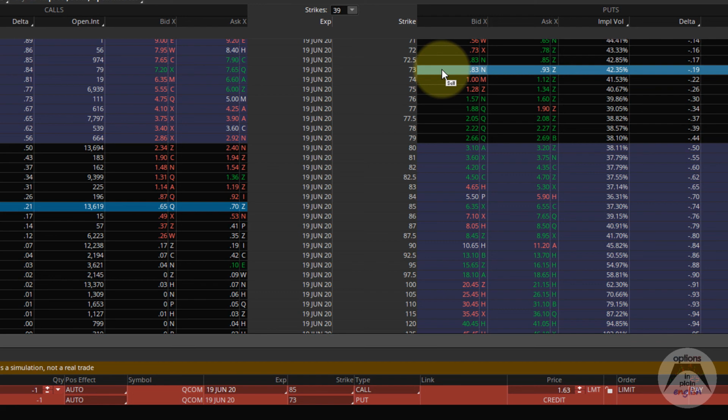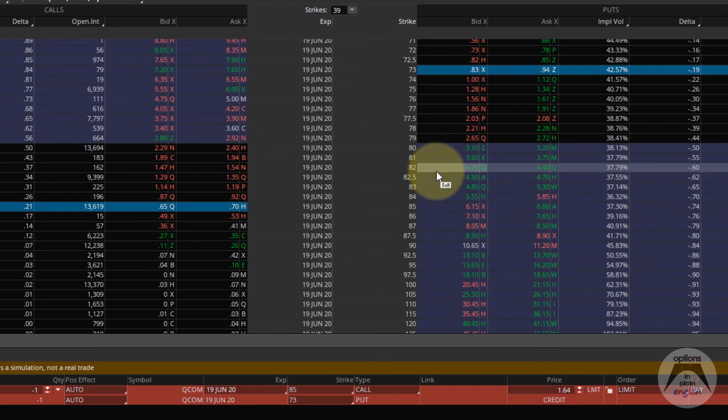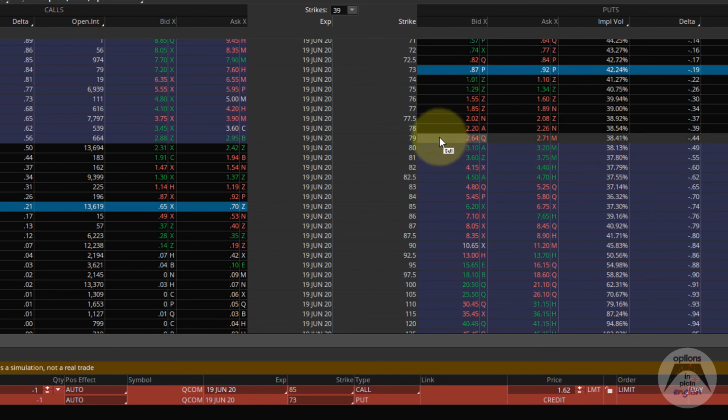But once you push it out by the credit that you received, you're probably going to get around 65-68% probability of profit. So by having the at the money straddle, you can easily calculate the premium for the 20 delta strangle, and the probability of profit, which is pretty standard, is going to be between